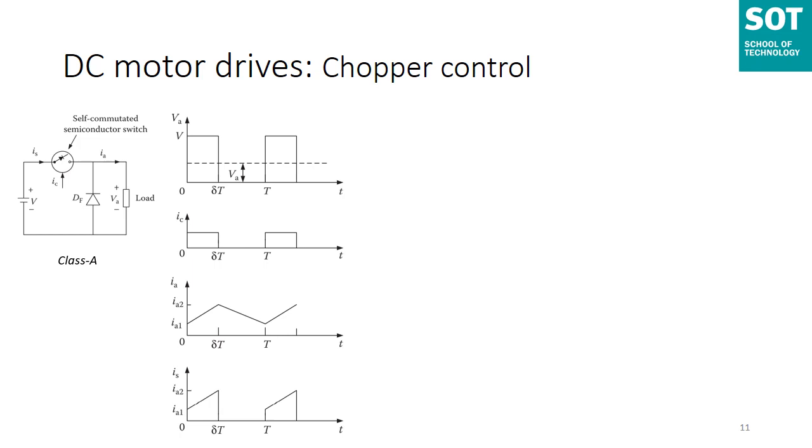It provides a path for the load current to flow when the switch is off, and thus improves the load current waveform. Furthermore, by maintaining the continuity of the load current at turn off, it prevents transient voltage from appearing across switch S due to sudden change of the load current. The source current waveform is also shown as IS, the last waveform. Of course, the source current flows only during the duty interval and is equal to the load current.